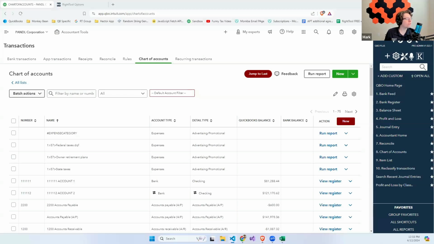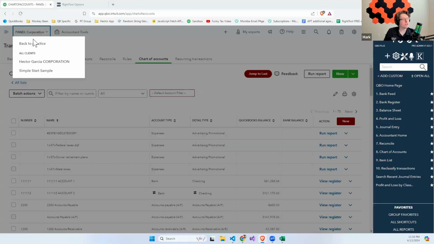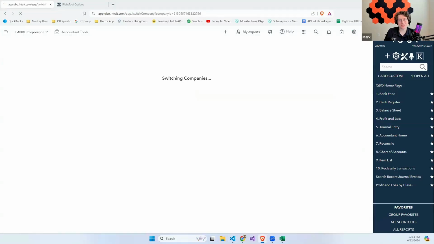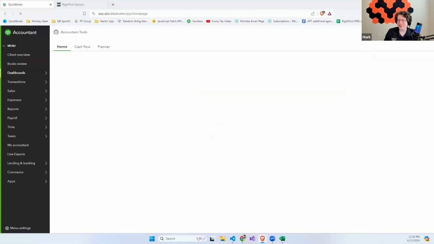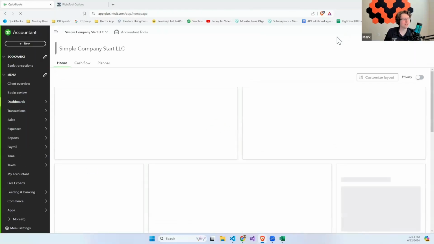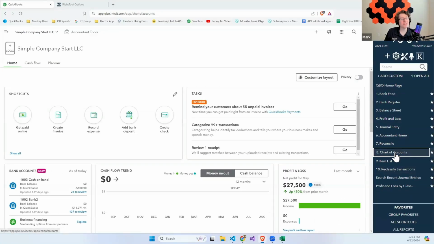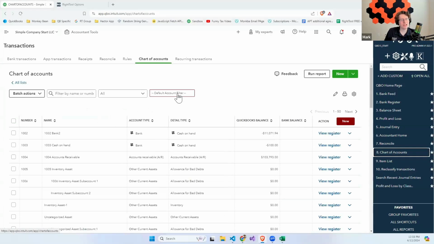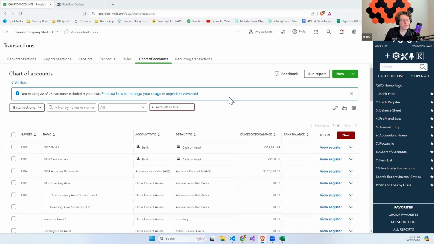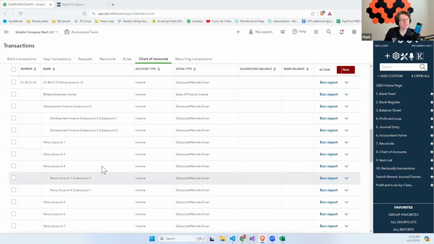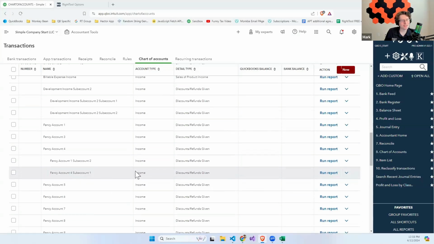But the ultimate goal of this feature, just to kind of give everybody a little bit of a sneak peek at what we're trying to do with this one, is I'm going to go to simple start again for this one. Unfortunately, the problem of having two different files for two different purposes, having to come in and edit them like this, is I'm going to go to chart of accounts. And the ultimate goal here is that we can come into this chart of accounts. We can click on all accounts here. And my goal is to make it so that if you go to an account like this, so fancy account 4,